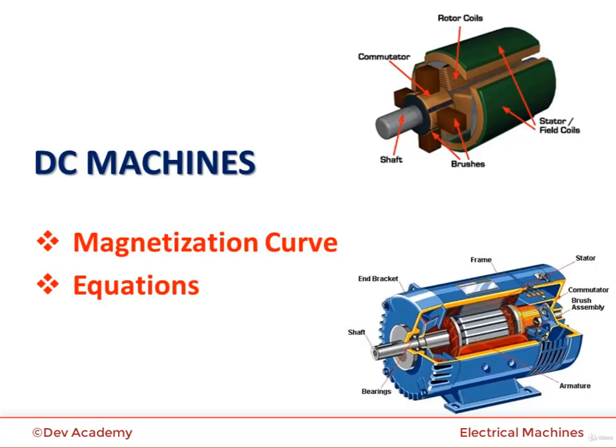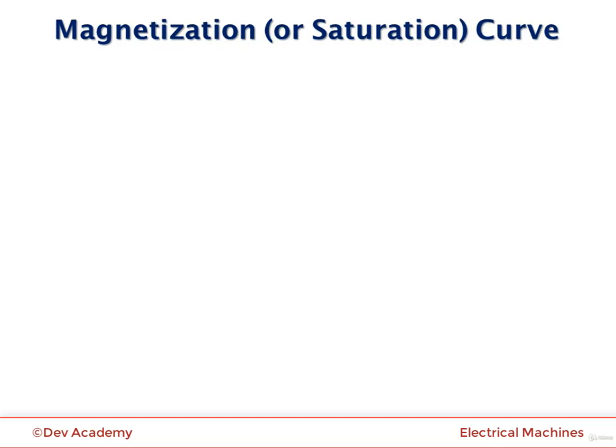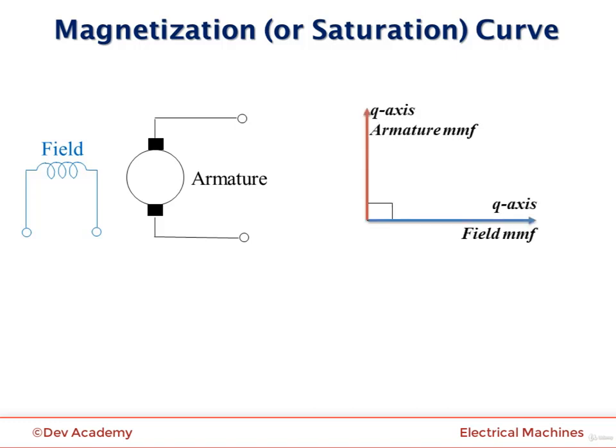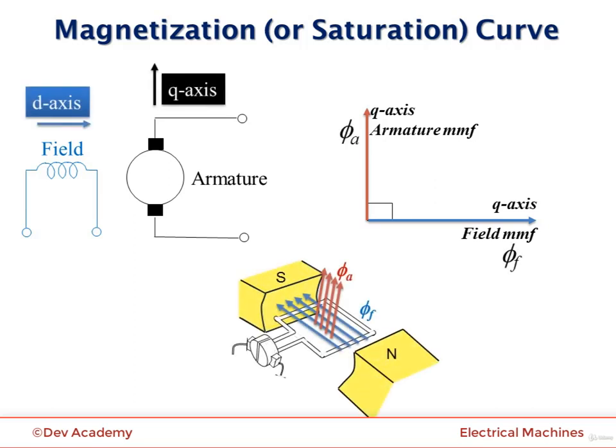In this part, I will cover the magnetization curve and the equations describing the performance of DC machines. A DC machine has two distinct circuits, a field circuit and an armature circuit. The magnetomotive forces produced by these two circuits are at quadrature. It means that they are perpendicular. The field MMF is along the direct axis D, and the armature MMF is along the